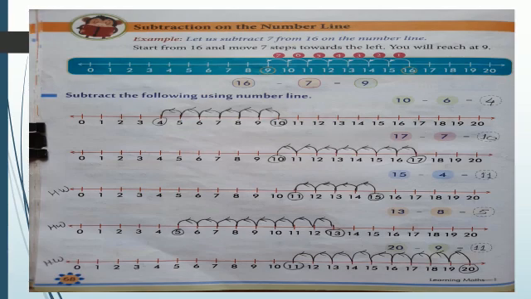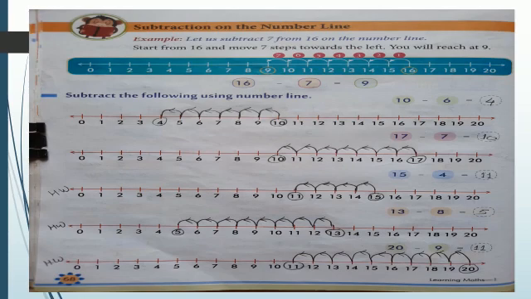Subtract 7 from 16 by using number line. So what we have to do here? First thing to remember while subtracting on number line: we have to jump in reverse, or on the left side of the number. Now see the number line first. There are 20 numbers on the number line starting from 0. Now our example is 16 minus 7.